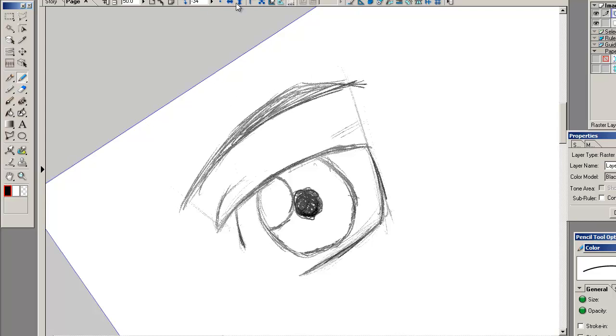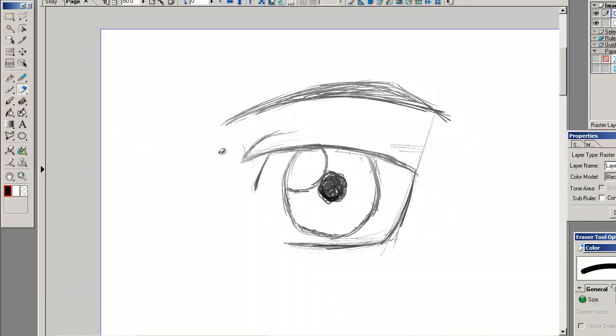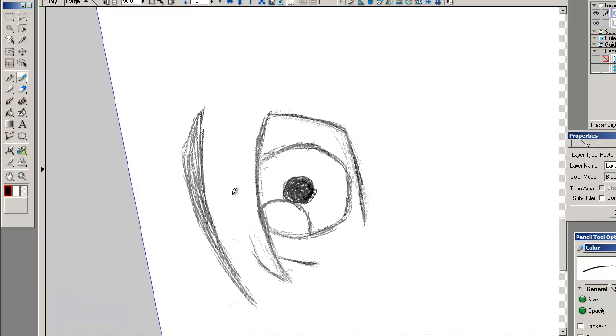And like that. And then let's straighten it up. And there you go. You have a very simple, very basic style of eye. This is more of the manga-ish stylings, so it's a little more exaggerated. Now, if you want to really add a little extra detail, which some manga do, where they'll thicken